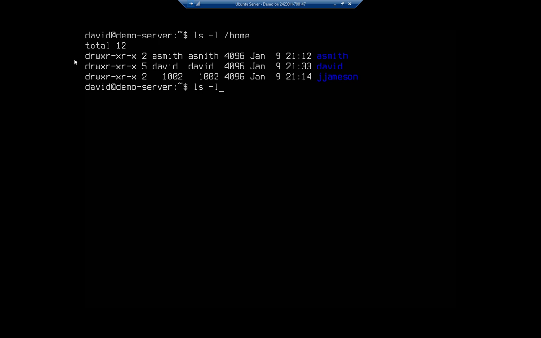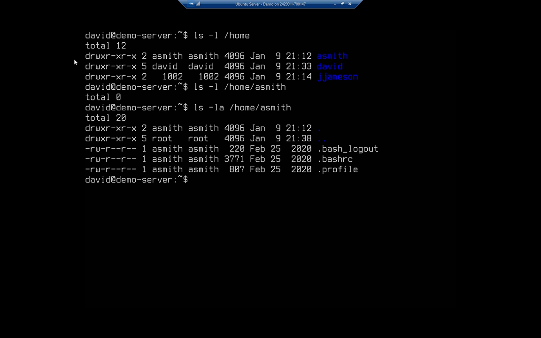So I'm going to do an ls -l /home/asmith, and we're not going to see anything there. If we do an ls -la though, we're going to see that we actually have three files there. They're the .bash_logout, .bashrc, and the .profile. And these are all files that control configurations for the user. So I can modify those files once the user is created, or I can put some files that I want in the